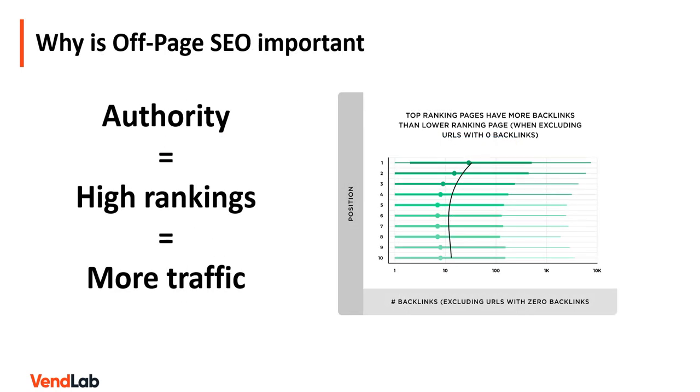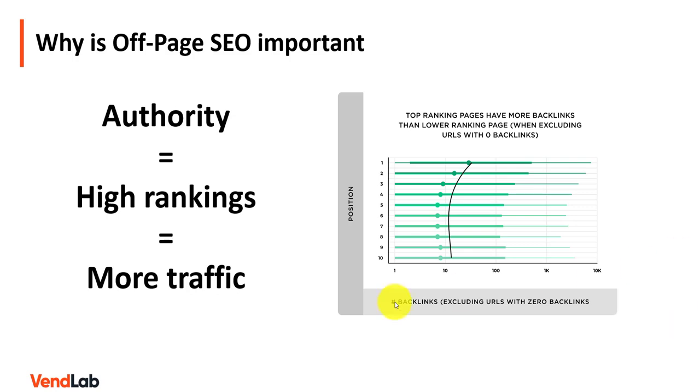So why is off-page SEO important? Off-page SEO is about building your site's reputation. Highly reputable websites rank higher in the search engine results pages because search engines like Google judge them to have more expertise, authority, and trustworthiness. Backlinks and other off-site signals form the foundation of Google's algorithm. A recent study showed a positive correlation between total links and Google rankings.